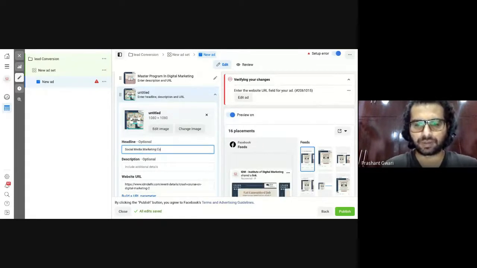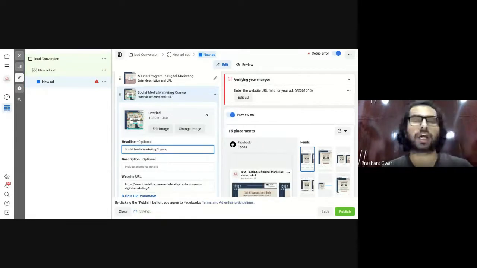Now imagine if you're providing a third, fourth course on Facebook and Instagram advertising, or a fifth course on SEO or PPC advertisement, or a sixth course on email marketing. You don't need to run 7 to 8 advertisements for different courses. Choose a carousel based advertisement, choose a conversion marketing campaign, and on a single advertisement, you can generate leads for every single marketing campaign or every single course you are providing.